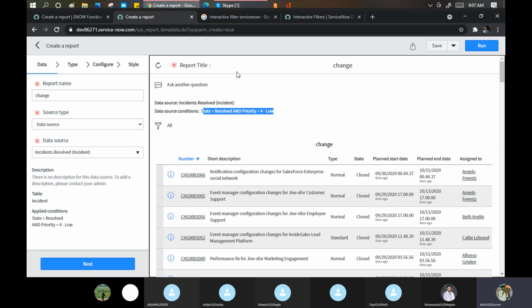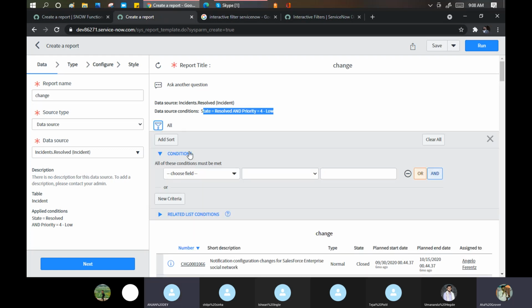Suppose in my team I have 10 people, okay, and everyone comes in the morning and wants to see how many incidents are open, how many of them are priority 4. Better than 10 people creating 10 different reports, I'll create one data source and say, okay, now go and create 10 reports, but I'm giving you the filter conditions on my behalf. So they need not write these things again and again. You can still modify this at runtime.